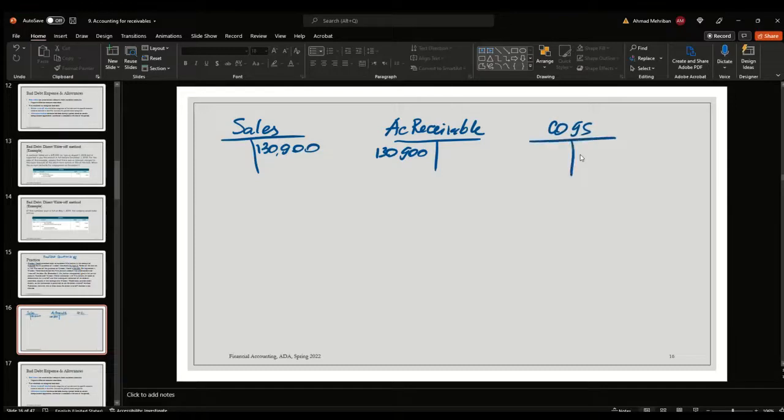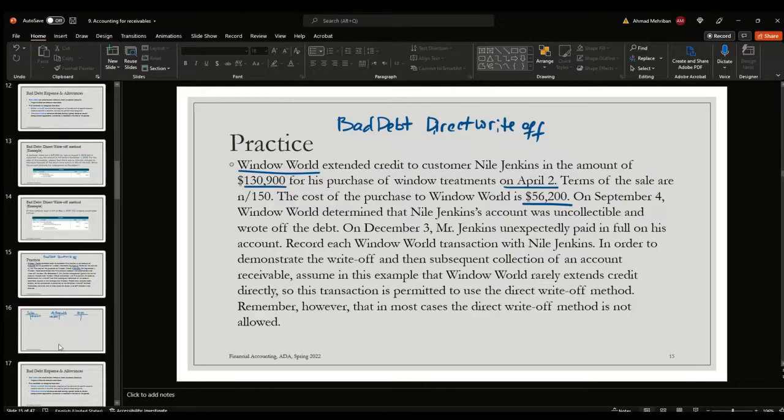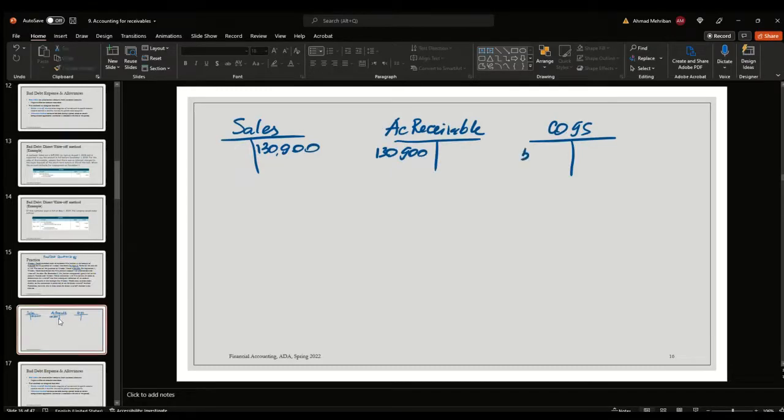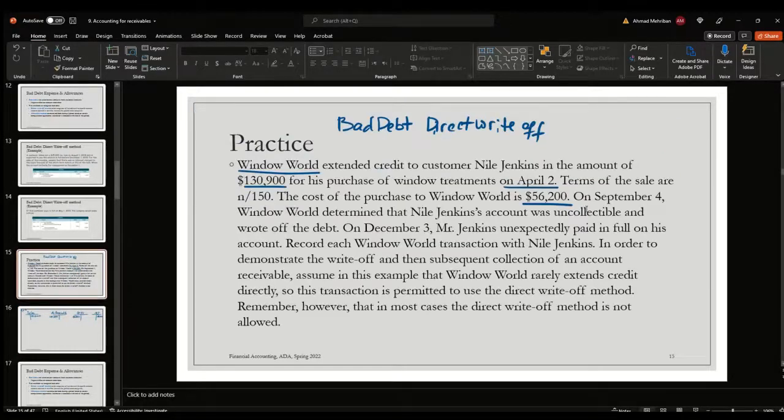Cost of goods sold is, sorry, how much was that? 56,200. Again, we're following the perpetual inventory system. That's why we have to recognize the change in the merchandise inventory and the cost of goods sold. So this is the entry made on April 2nd. So far so good, but on September 4, Window World determined that Niall